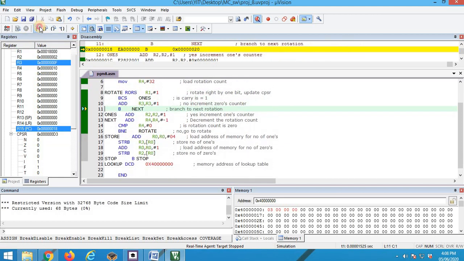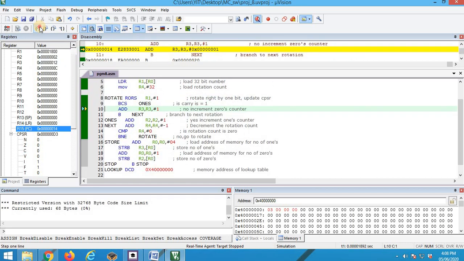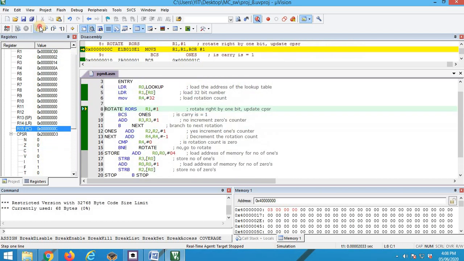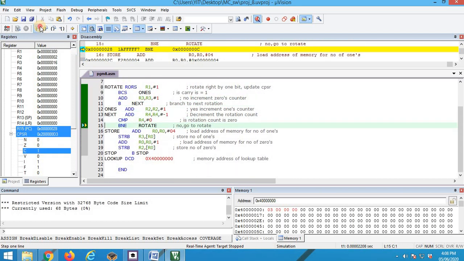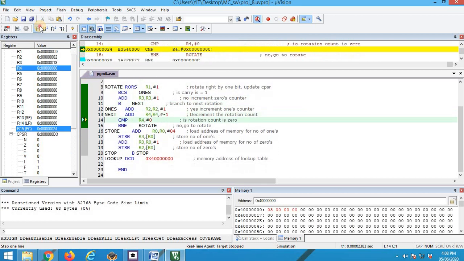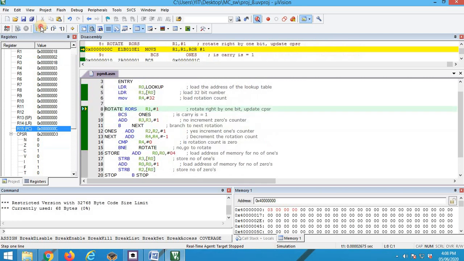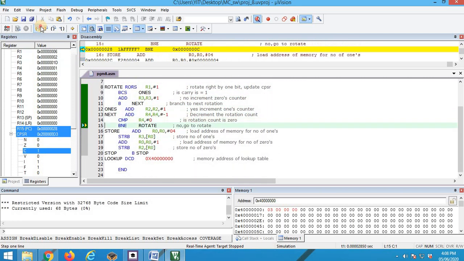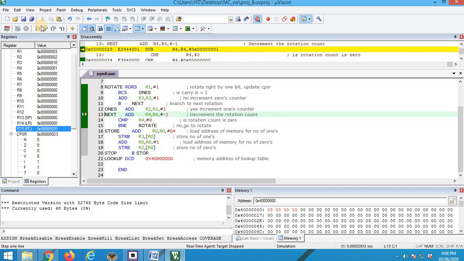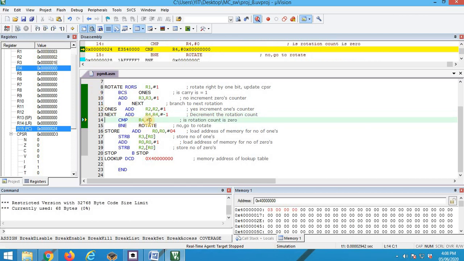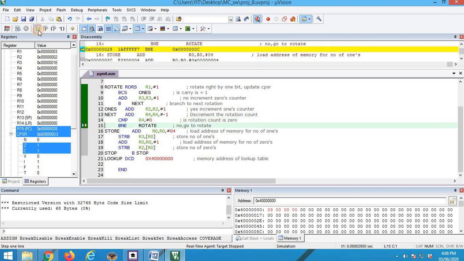Until then it goes on incrementing. 1A, 1B, 1C, 1D, 1E. Okay, now all 32 rotations are done. R4, what is R4 now? 1. When it is decremented, it becomes 0. R4 is compared with 0. Not equal means you go to rotate, otherwise you jump out.